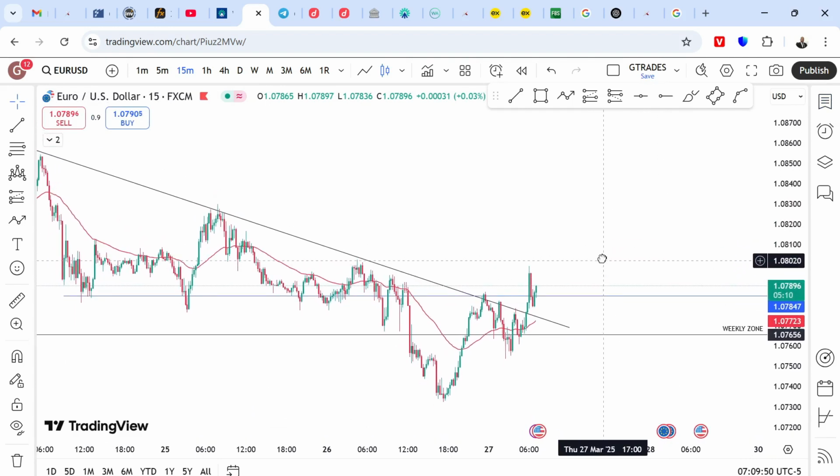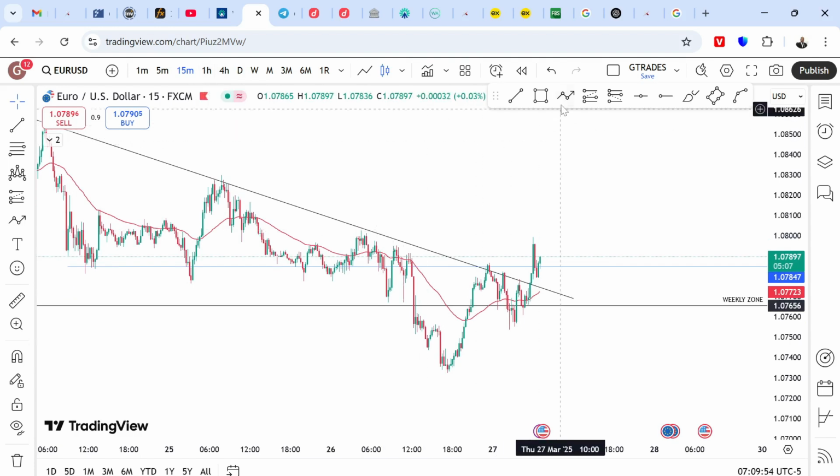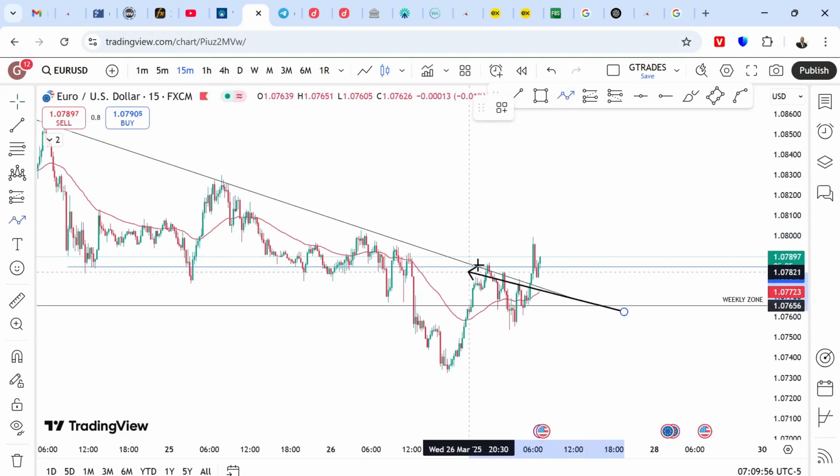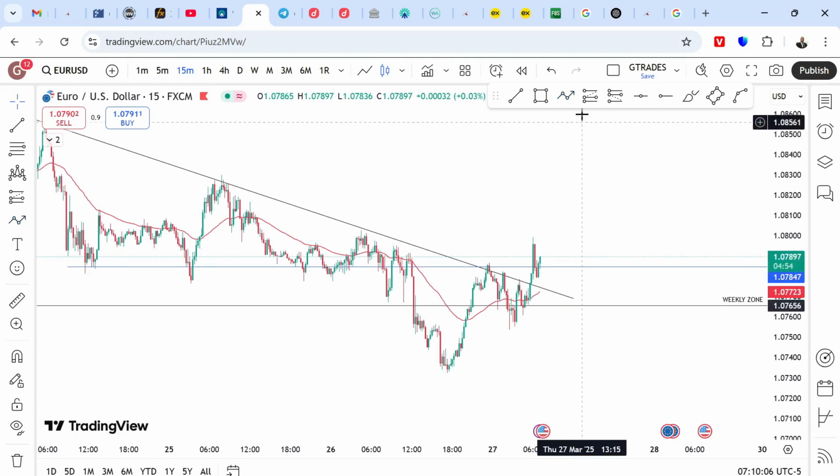I've been looking at this particular setup since in the morning, right? Since 6 a.m., price has just been moving around below this trend line. So right now, it just broke out of this trend line. Now it's back as a retest, right? So you are free to go in for a buy after this candle is done.